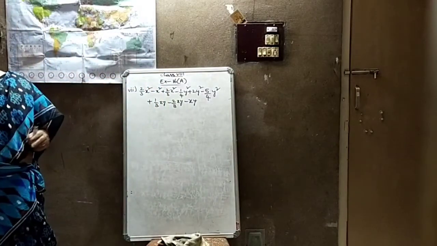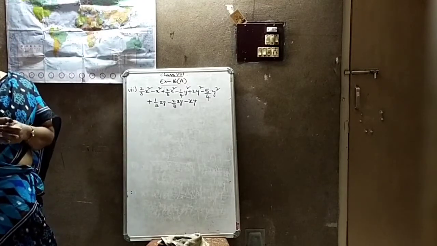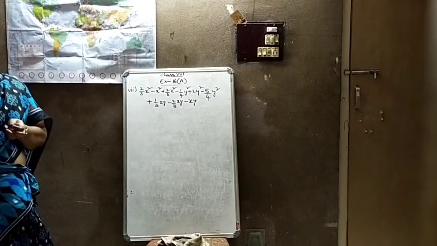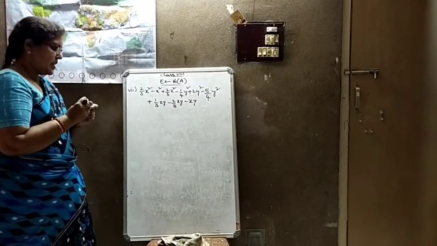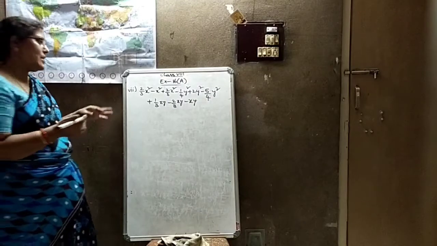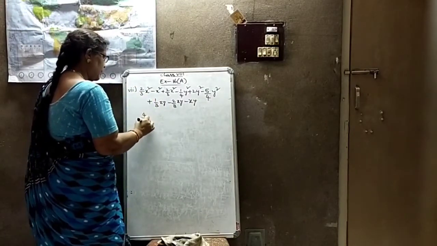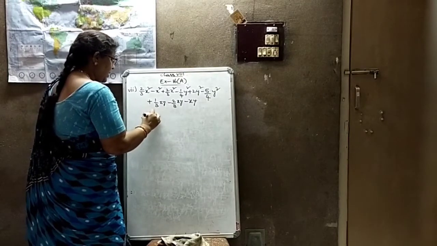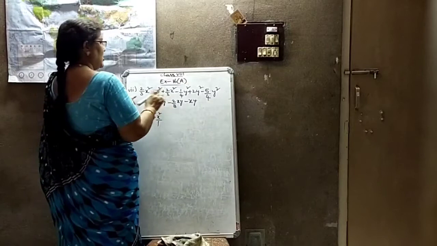Okay, children, what I did is question first I wrote here. I clubbed the like terms, means I gathered all the like terms together and I am going to do solving now. Here, but these are given fractions. How to solve? See. Now 2 by 3 plus 2 by 3, 4 by 3 x square, minus x square by 1. So these 2 I made.